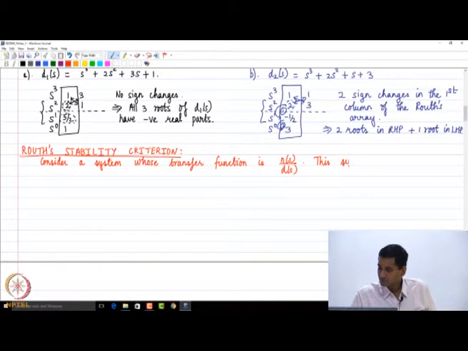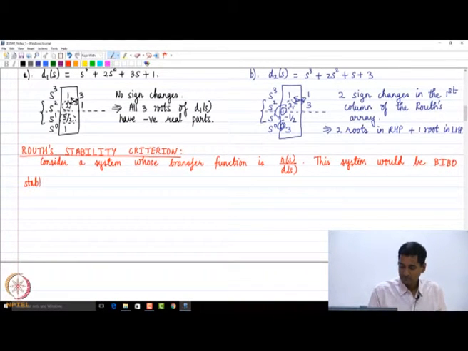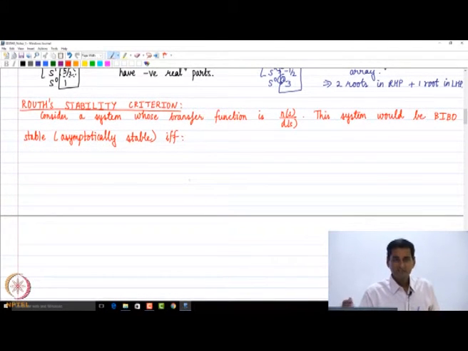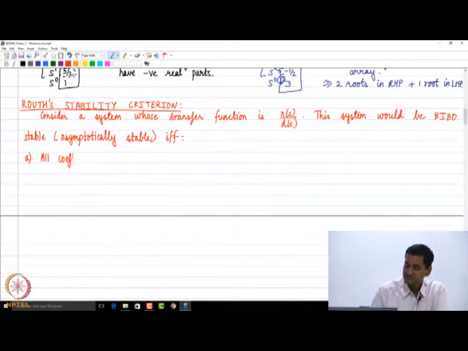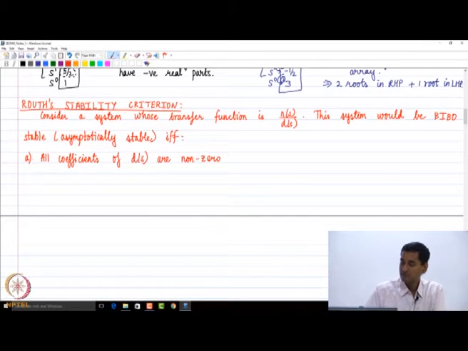So in general, consider a system whose transfer function is N(s) divided by D(s). This system would be BIBO stable, that some people will call asymptotically stable, if and only if, where iff means if and only if, so that indicates necessity and sufficiency, if and only if (A) all the coefficients of D(s) are non-zero and of the same sign,